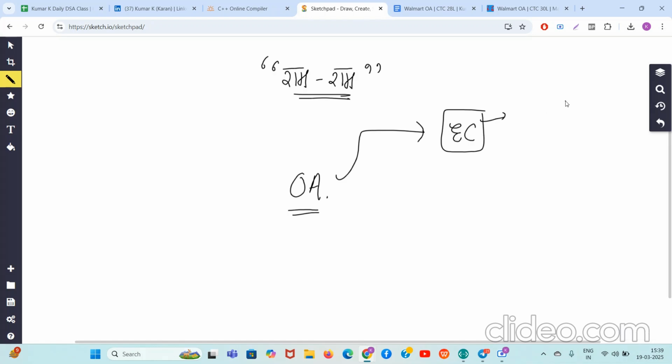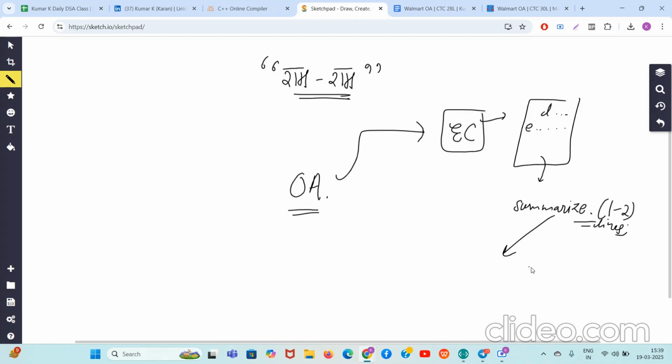You should have the strength to read large English paragraphs and summarize them in 1 to 2 lines. After you have summarized them, you should be able to solve the hard unseen DSA problem given to you. Please know that the online assessment questions will never be a standard popular question from popular DSA sheets. No, it will never happen. It will be a totally new question.